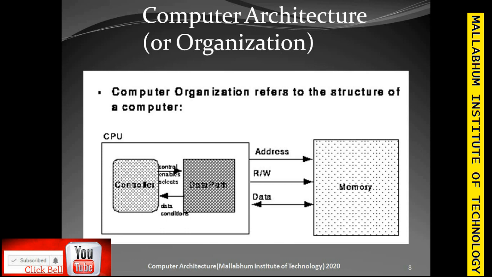work. So you can see in the diagram that the CPU consists of the control unit, the arithmetic logic unit and the different versions of the CPU, and there is an address bus, read write bus, and data bus that has to be connected with the memory, because without the memory you cannot write the different types of instructions which the computer is supposed to do. Okay, so that's why the computer organization, the structure of a computer, is the CPU connected with different types of bus. Bus is nothing but wire connected with the memory. So memory and the CPU, these are the two basic units of a computer.